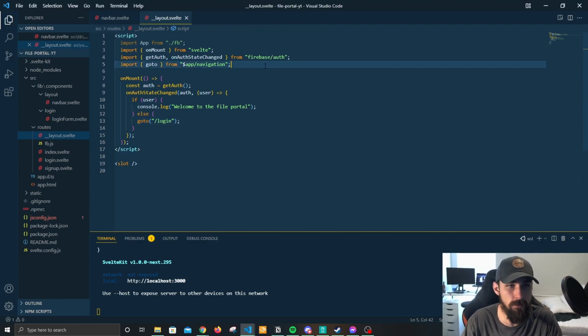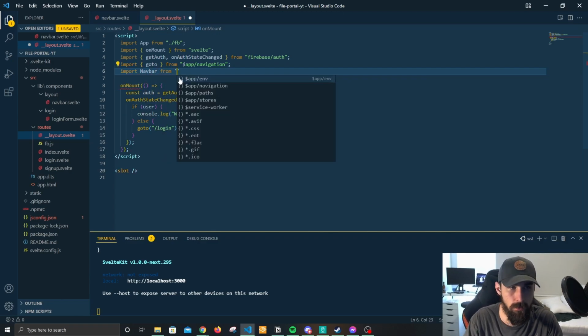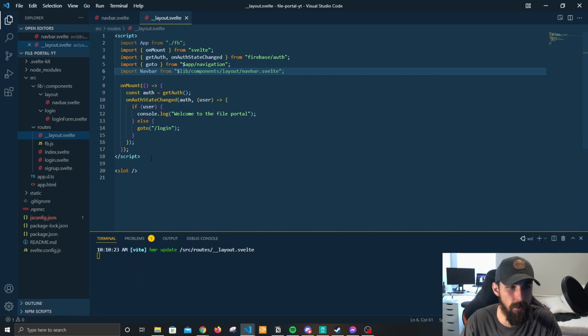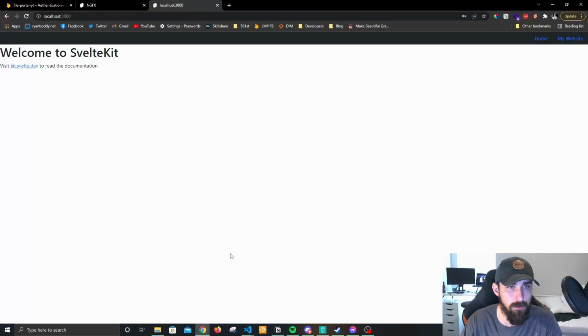So let's do import navbar from lib/components/layout/navbar.svelte, like that. And then down here we can simply say navbar, and when we go back to our site,